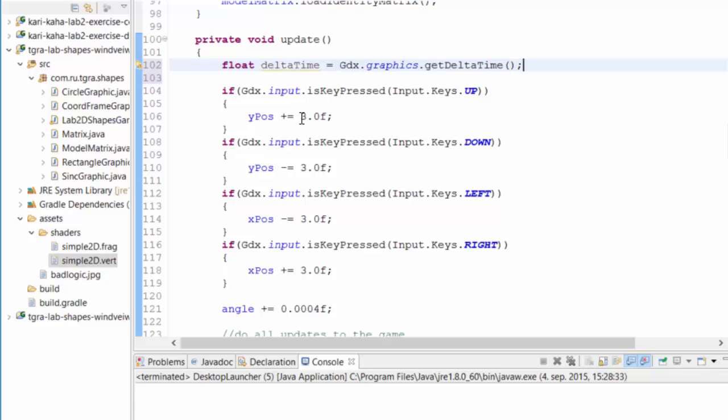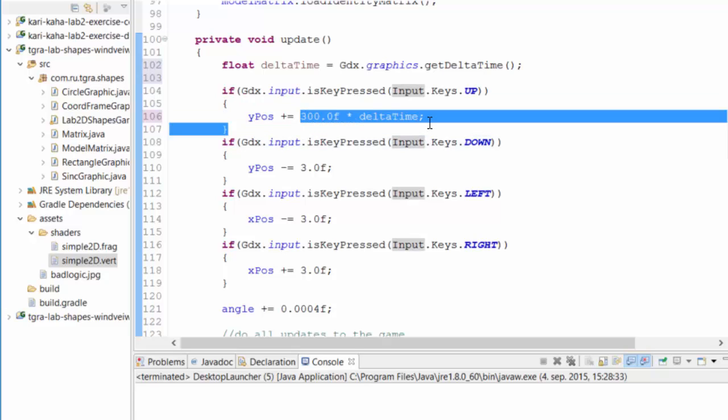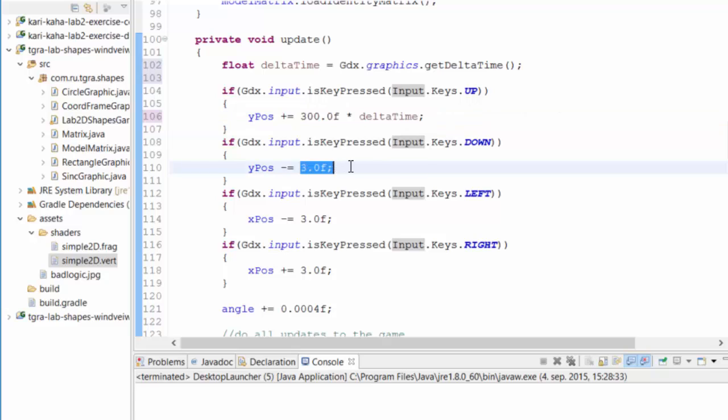And then instead of doing this motion 3 pixels, let's say we're going to do, so delta time is the time of the frame in seconds, meaning that it's probably 0.01 or something along those lines. So I want to say how much do I want to travel per second. And I imagine I want to travel like something like 300 in this, in the size that the yellow ball is rolling. So let's change all of this like so,